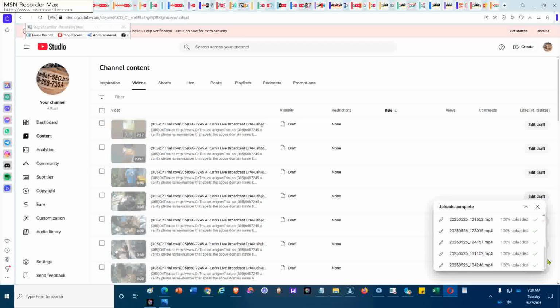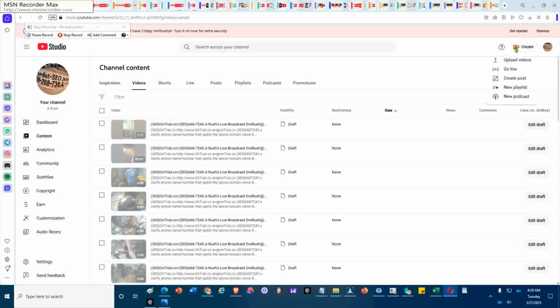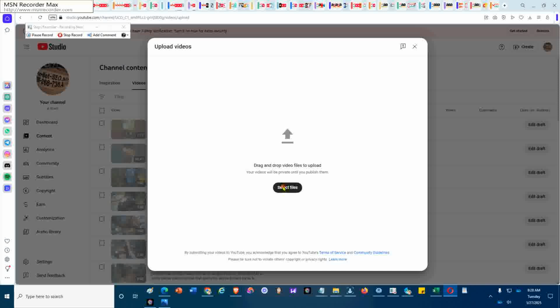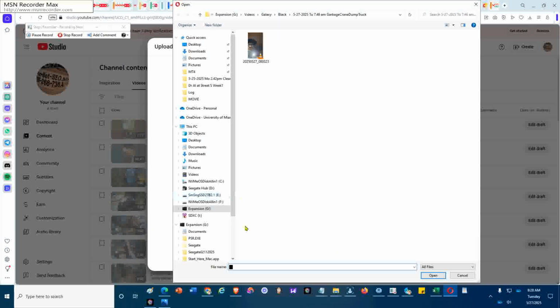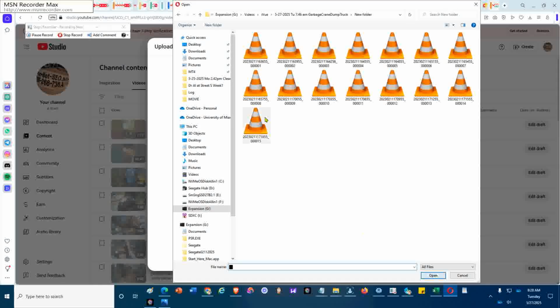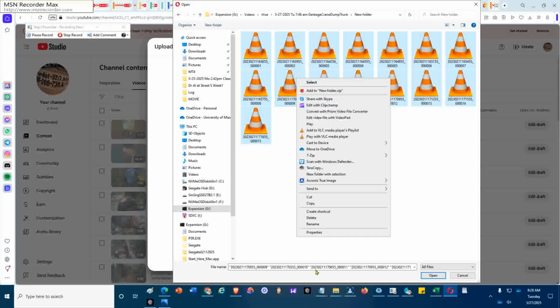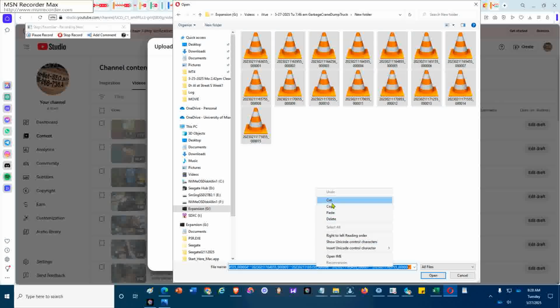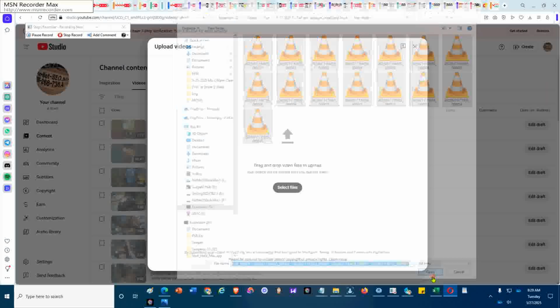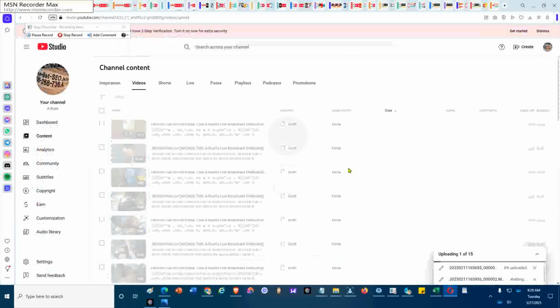then I'm going to close all the uploads that have been completed and add create, upload, and select, and then paste the new path. Paste, new folder, and open. Then select the first to number 15, mark them, shift, select again, and then go to the file name at the bottom and copy them to the clipboard buffer as I click open on the browser, and I'm expecting to see one of 15 files uploaded